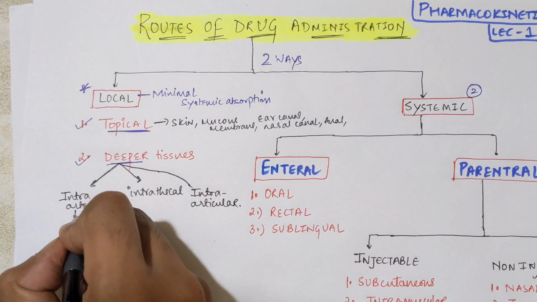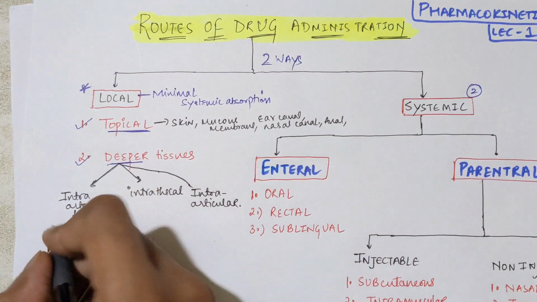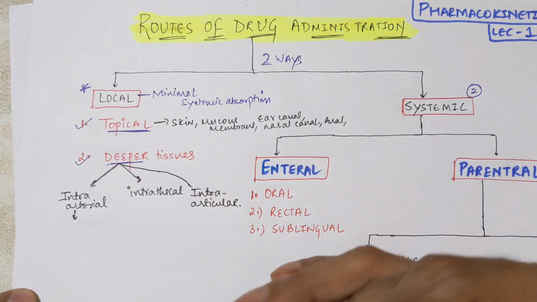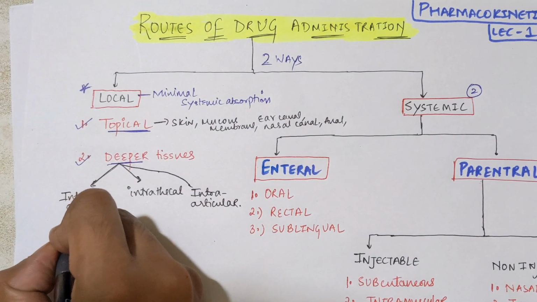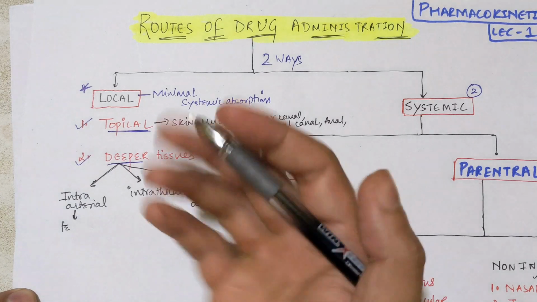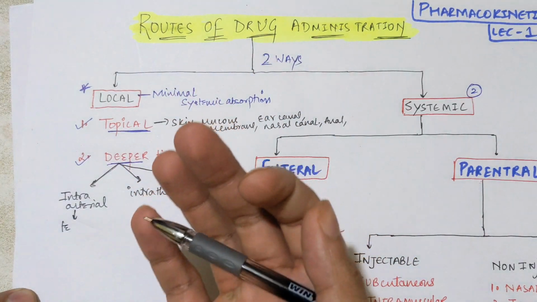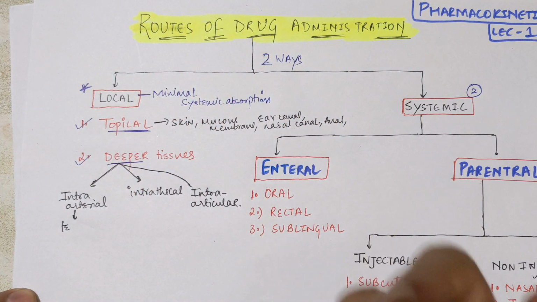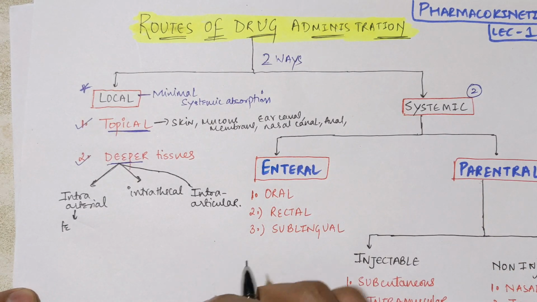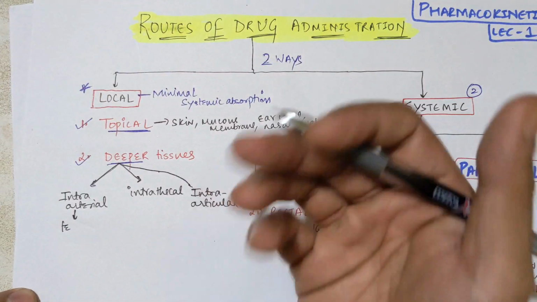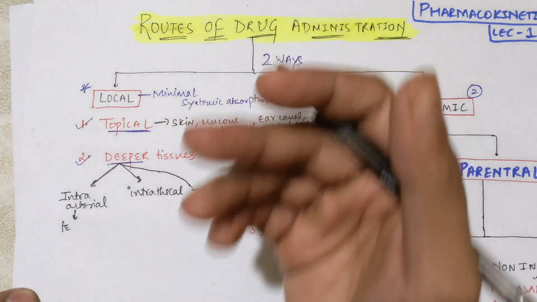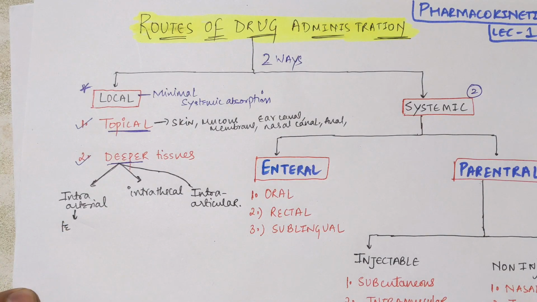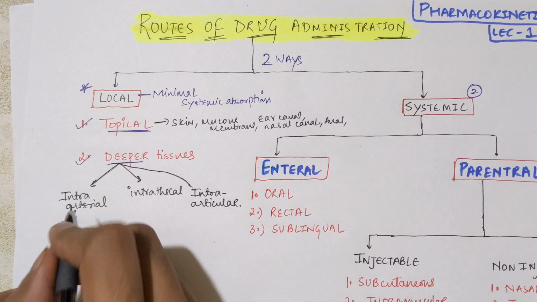Intra-arterial means the drug will be supplied through specific arteries to administer it inside a specific organ. For example, if you have malignancies in the digits, or in the leg, the ankle region or the foot, you will administer the drug through the brachial artery for the arms, and the femoral artery for malignancies in the limb regions or the foot regions. That is the meaning for the particular area.